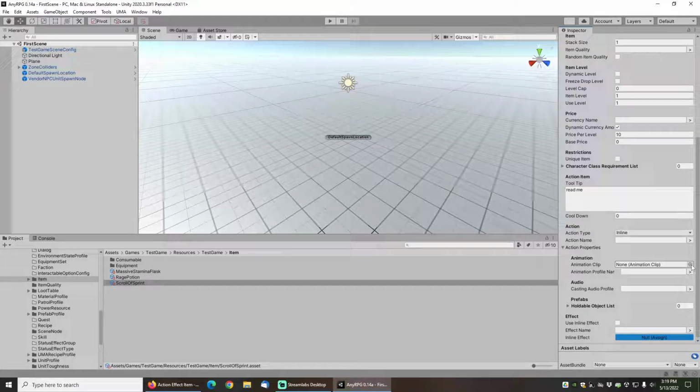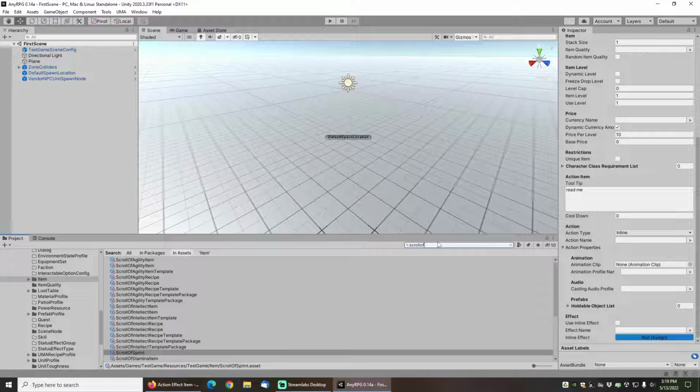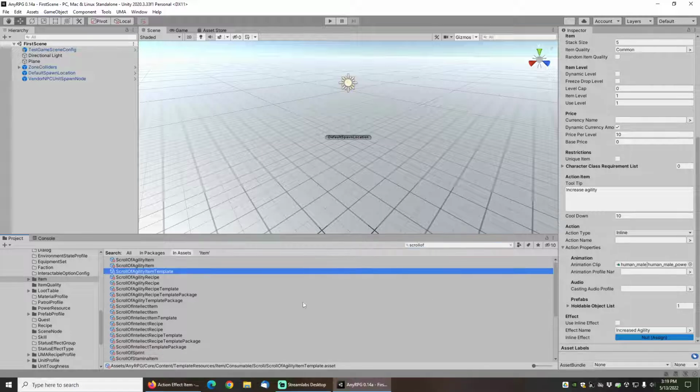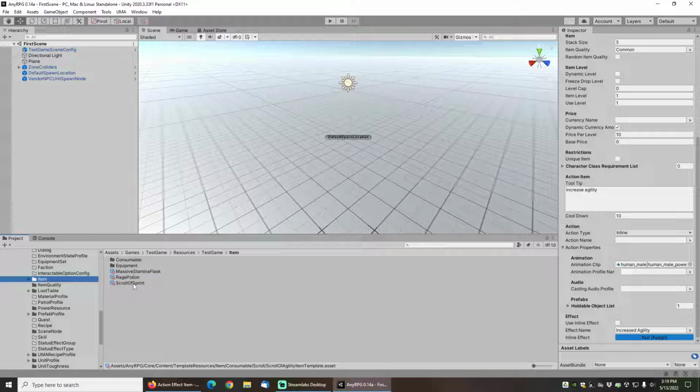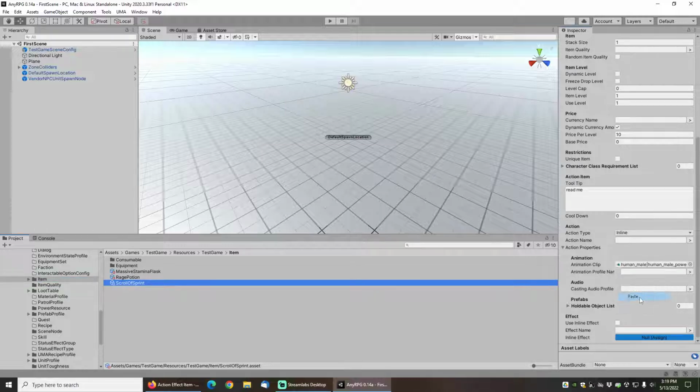So once again, I will define an animation clip. Now, I've actually forgotten which animation clip I'm supposed to be using here, so I'm just going to look this up. Under the scroll of agility item template, it's the human male power up. So I'm just going to copy that, and then under my scroll of sprint, I'm just going to paste that. And under the holdable object list,